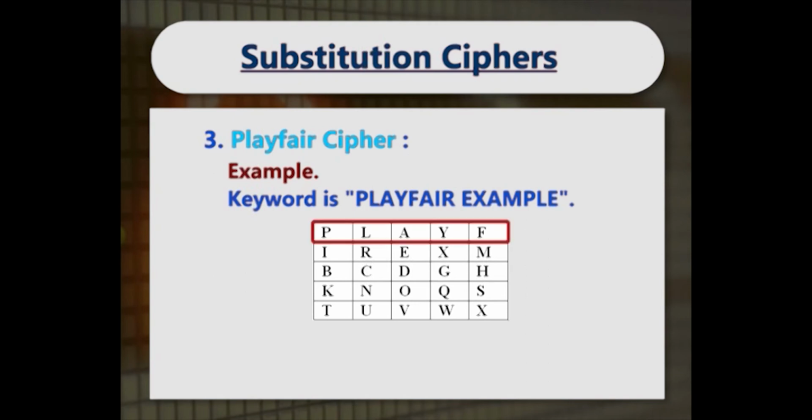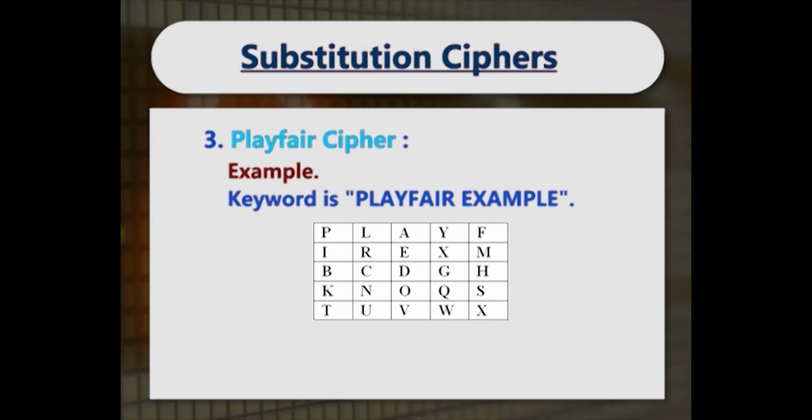Row 1 of this matrix contains the first 5 letters, which is PLAYF of our keyword Playfair cipher, and does not contain any duplicate alphabets. Now we move to row 2, and in this case the first 4 letters are just the continuation of the keyword, IREX, as we have already covered PLAYF in the first row. However, after this we can see a repetition of alphabet A. Therefore, as per rule 2, we have to disregard the repeating A and pick the next alphabet, which is M.